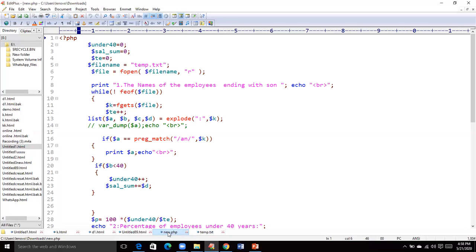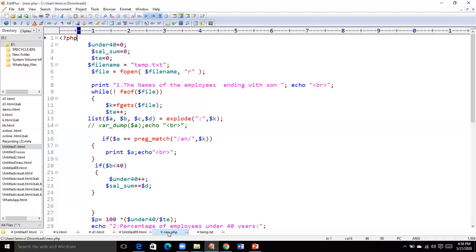So it has to be converted into an array, but how do you convert it to an array is the question. To split up the string, we use the built-in method called list, and we use explode: explode, pattern, and the file handle. Scalar k is the file handle here.